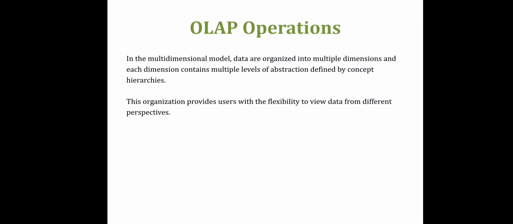With that, now we are starting with OLAP operations. So, which kind of OLAP operations do we have? In the multidimensional model, data can be organized into multiple dimensions. We have seen the concept hierarchy, right? So, we are storing data at multiple levels and in multiple dimensions. Each dimension has multiple levels of abstraction, which is defined as a concept hierarchy. So, whenever we store the data in the form of a data cube, that is multidimensional data, each dimension is stored in multiple levels of abstraction, which is also called a concept hierarchy.